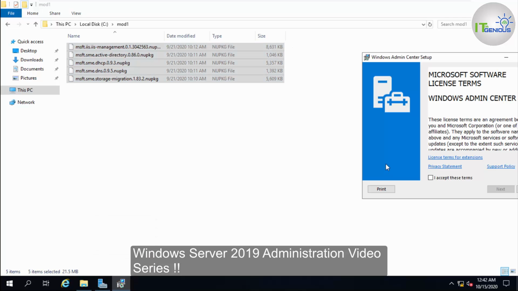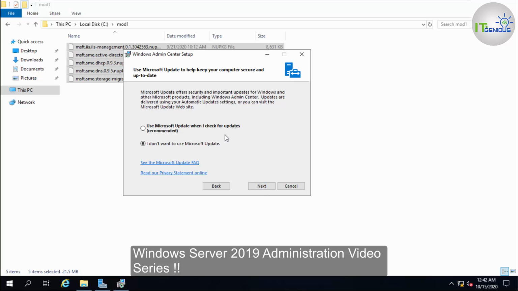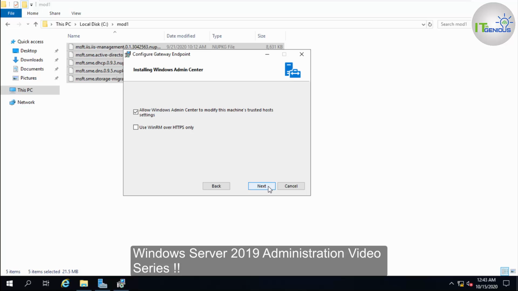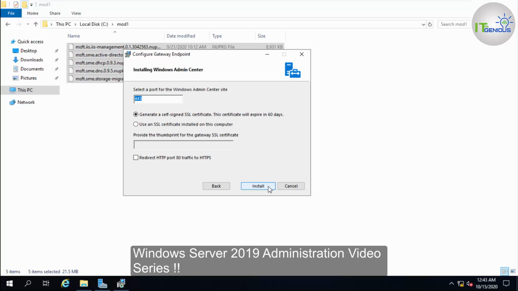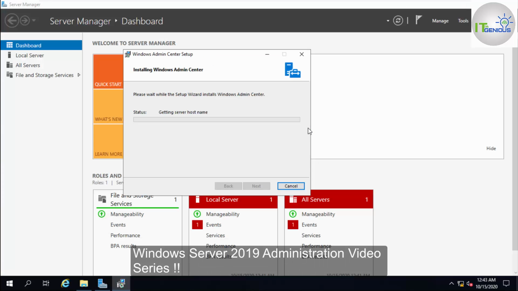Now let's go to the Admin Center setup. You need to accept the license agreement, click on next. Right now I'm not going to enable any update just because internet connectivity is not on my system. So click on next, next, and we are going with the default configuration here. Next, next, it will generate a self-signed certificate for your Windows Admin Center. As I told you, this would be opened in a web browser, so you need to run with 443 and it will generate a self-signed SSL certificate